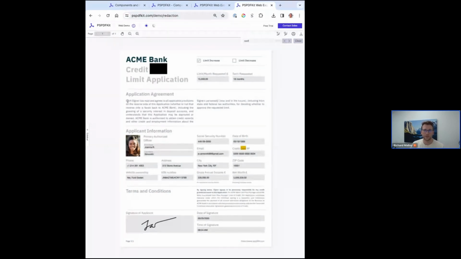And so there's a lot of different ways to go about it. I can select text and it'll pop up, and I can remove and apply redactions. I can do an area redaction. Maybe we want to remove this applicant's photo, but there's a lot of different things we can do in